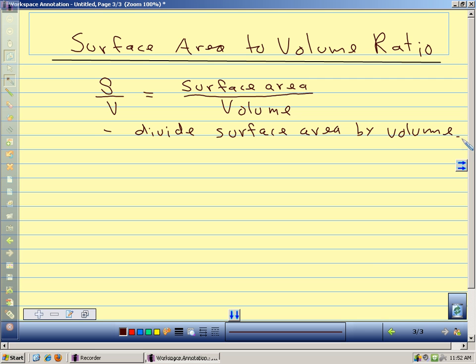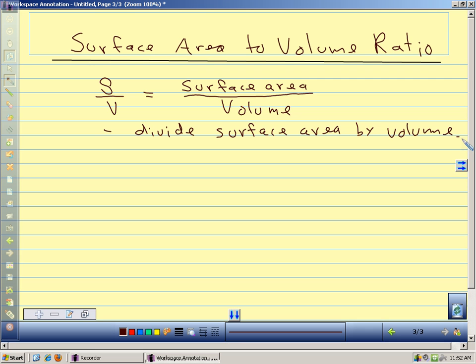The reason we're interested in this is the surface area to volume ratio tells you some important things about your shape. If your surface area to volume ratio is large, that means the surface area is big compared to the volume. That means you have a lot of outside and not a lot of inside. So for example,